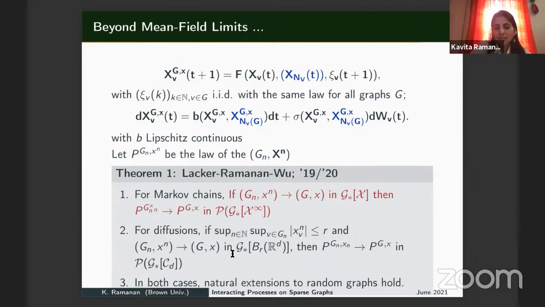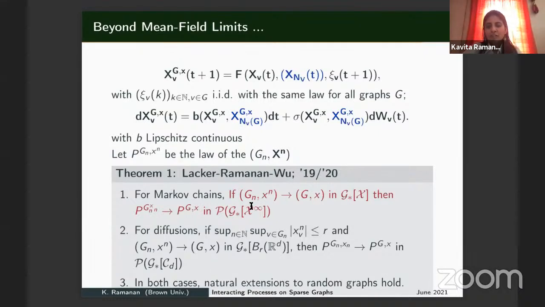And then G_n, X_n converges now in G star of R^d, that is, the initial conditions are in R^d. Then again, the law of this process converges in terms of marked graphs, with the marks being the paths of the diffusion, which is what the C^d is. Is that clear? So in particular, since the projection of the marked graph to the root graph is continuous with respect to this topology, because it's in every neighborhood,